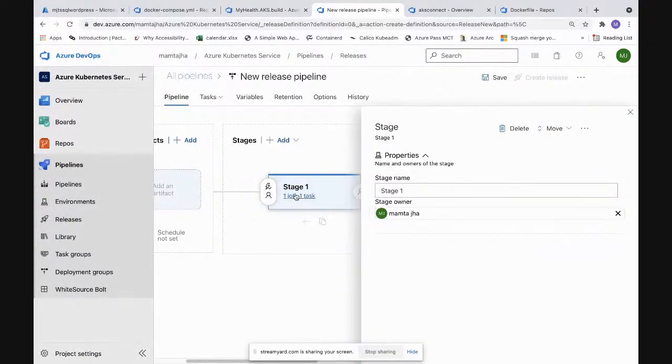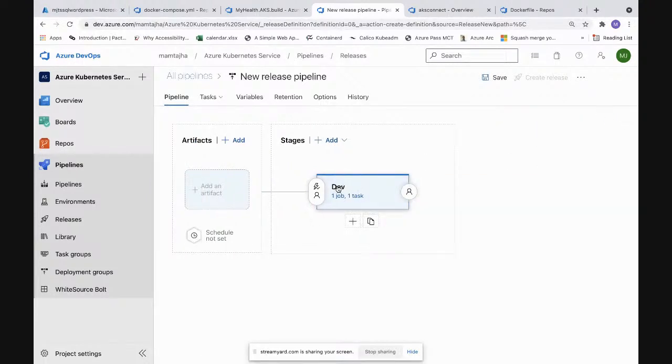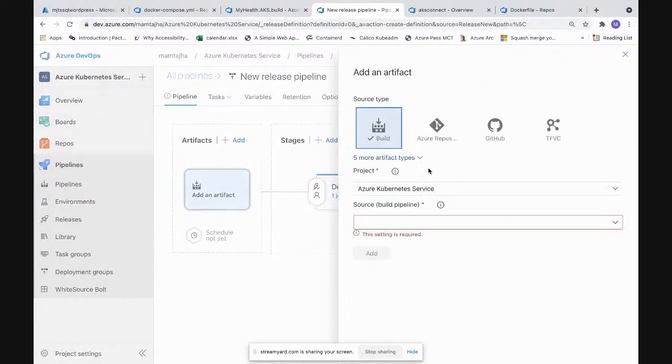It is asking me about stage. I had mentioned that your pipeline can move from one stage to another. I can say this is a dev stage and just close this. I can add multiple tasks inside this. Release pipeline is asking for artifacts location.